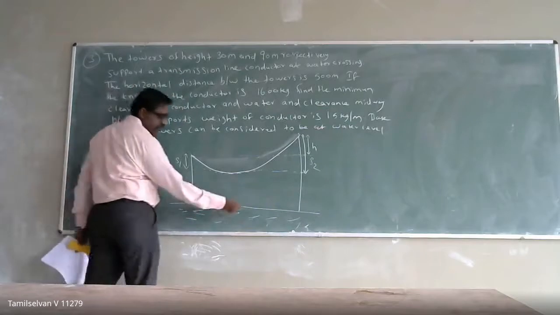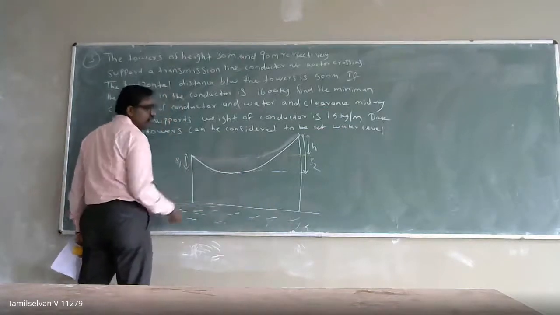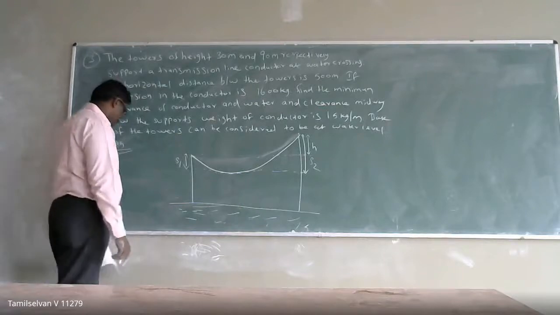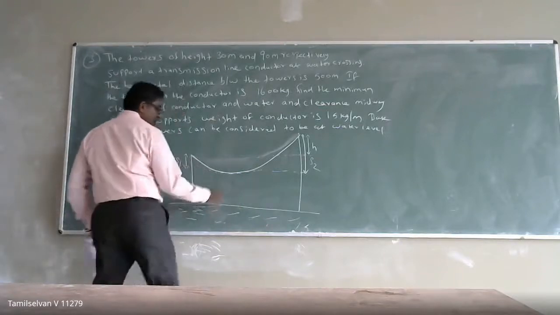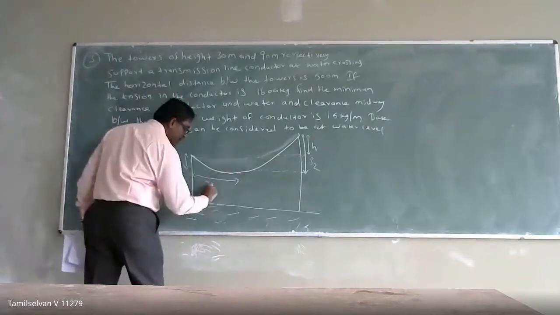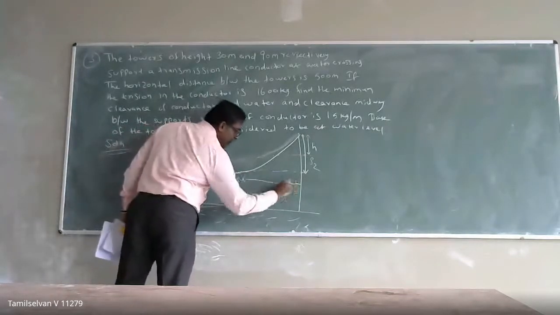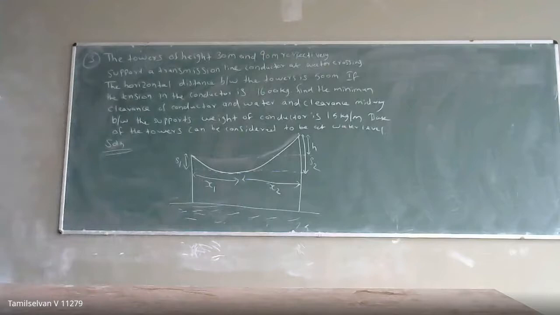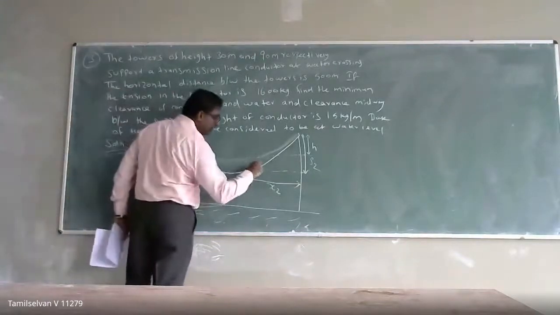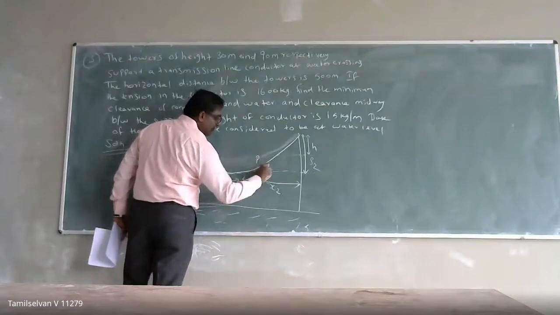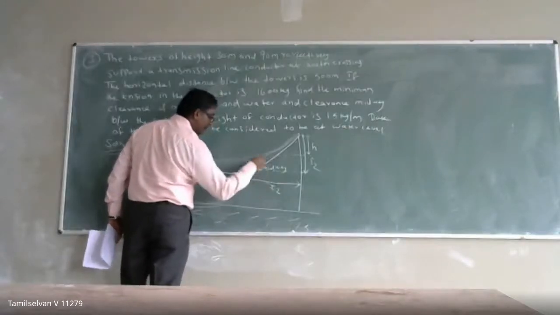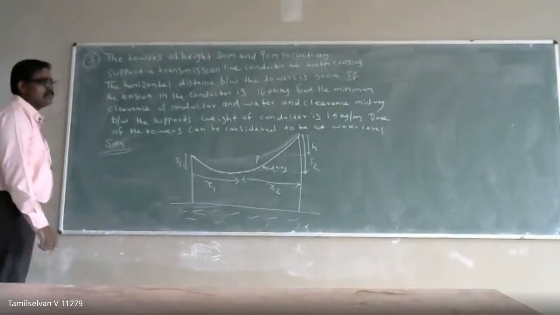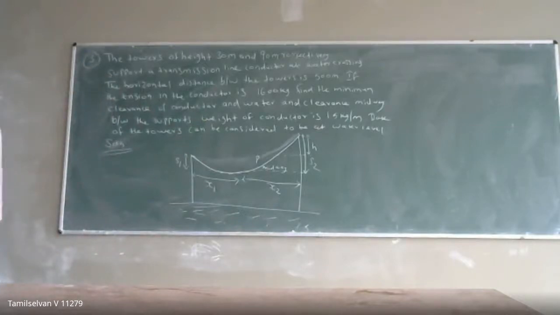They asked to calculate from the ground what is the clearance. For this, you have to consider this lowest point. This is a distance of x1, and this is a distance of x2. So that is your complete span length. If you take any point, this is the midway. So you have to draw your unsupported diagram, and you have to mention it. Then you can write it out.